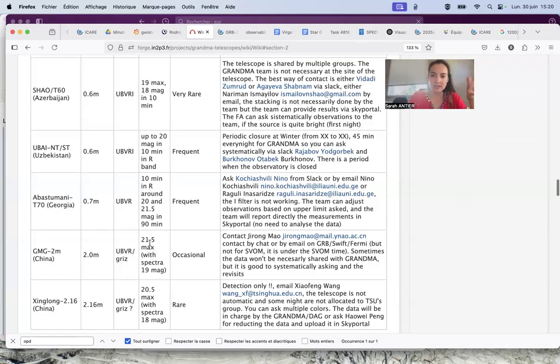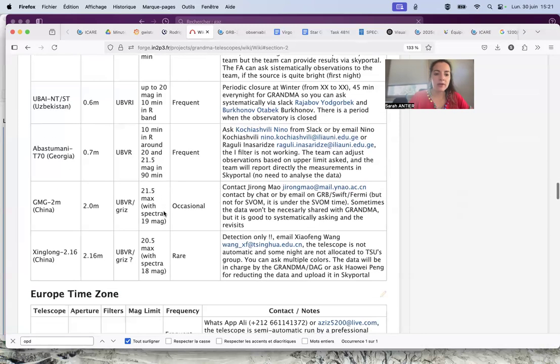For this column, please, do not think it's the process. You need to think about it, to discuss, but not to think that, okay, if it is 21, then I cannot use UBI, and it's the same for the other telescopes. For Abastumani, it's the same. We have the same process,